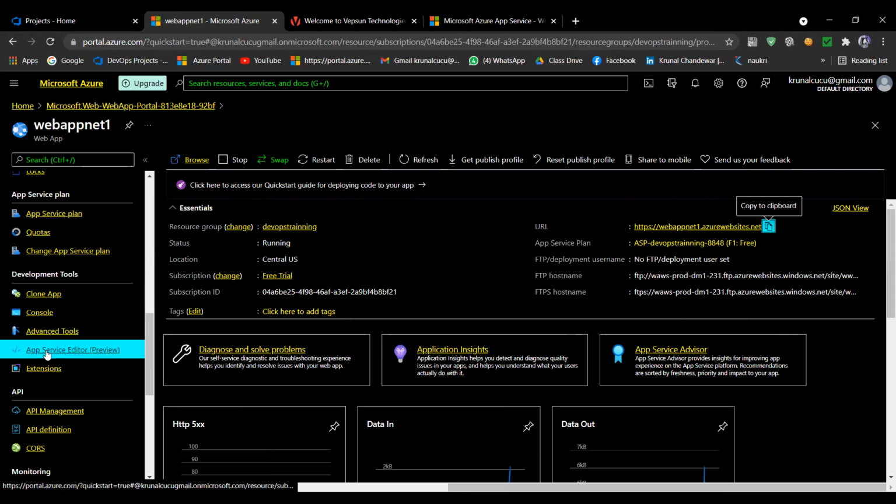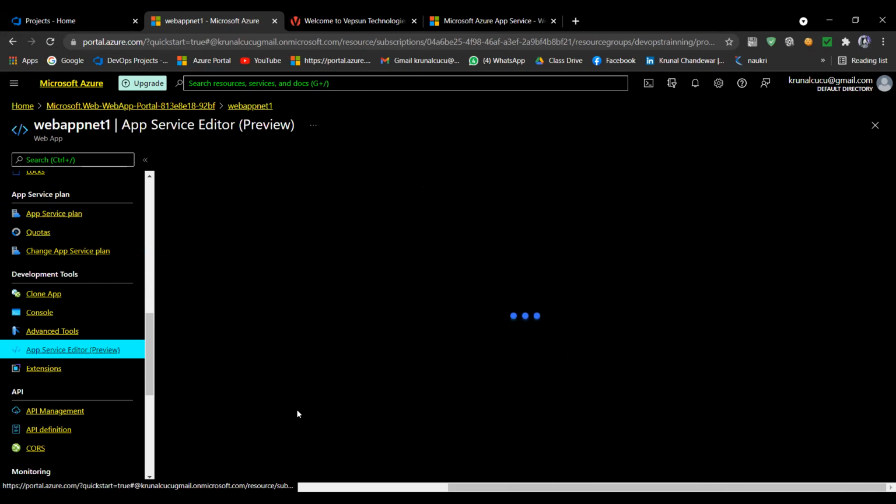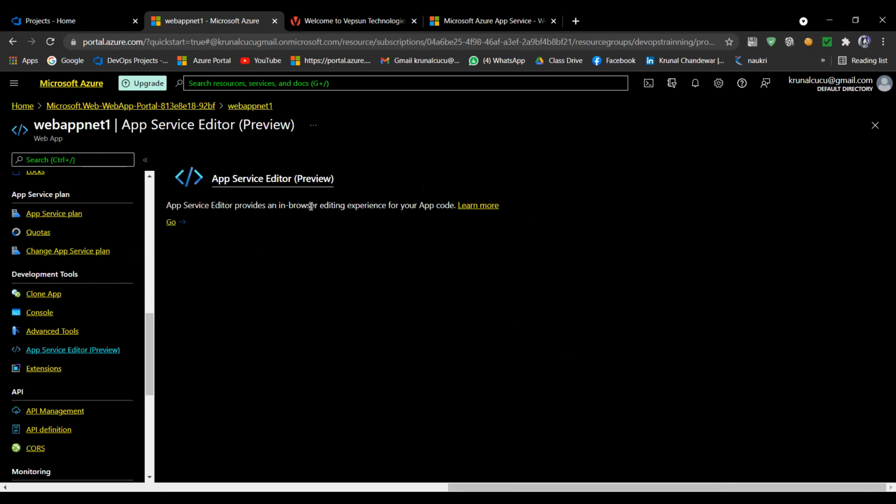If you go here in App Service Editor Preview, you are getting this link. You have to click here on Go, and whenever you click on this Go, a new tab opens, and in this new tab you will get the coding of that default page.